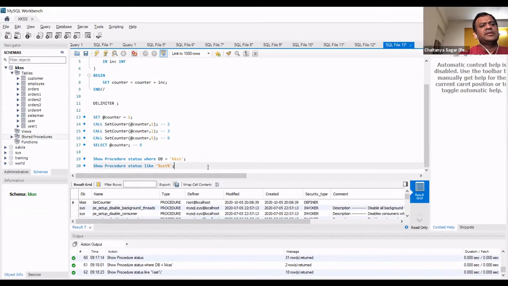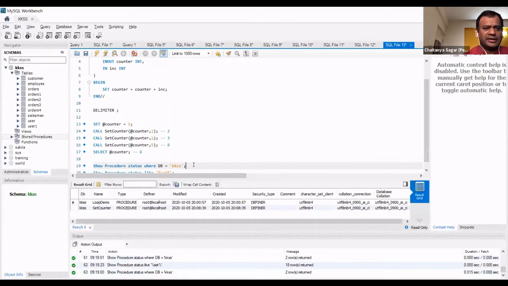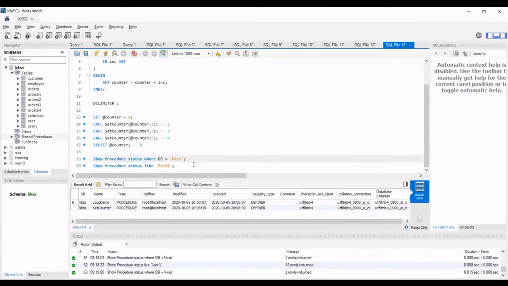Okay, awesome. So, is it okay to assume that, let's say you want to use a stored procedure, as long as it is there in the server, you can use that stored procedure? You can call that stored procedure. Is that right? So, for example, from KKSS, I can call something in, let's say, training or Sakila or whatever other database. We'll be able to call that, correct? If you're changing the database, I think you have to give the reference of database dot the procedure name. Got it. But you'll still be able to call it. Yeah. Okay, got it. Understood.